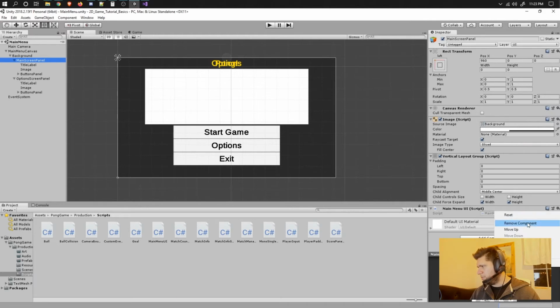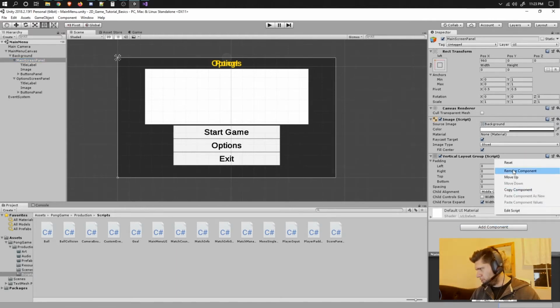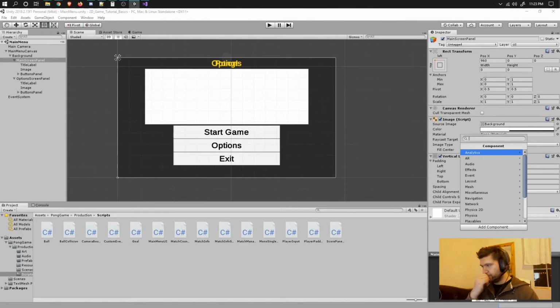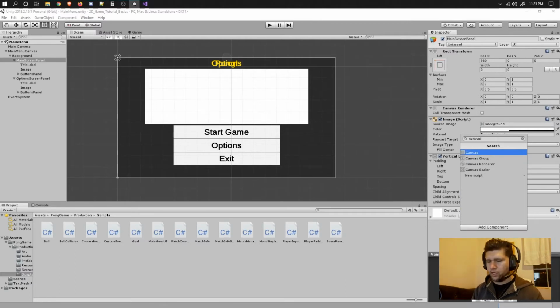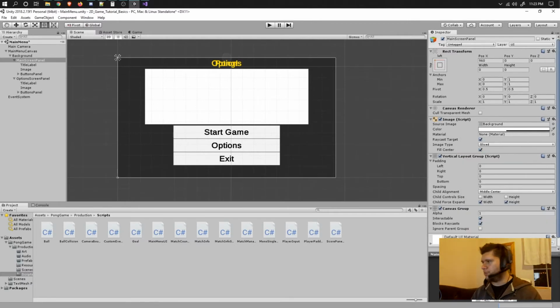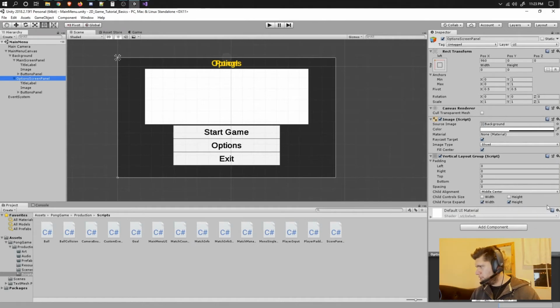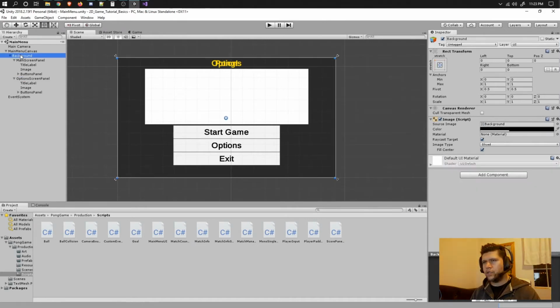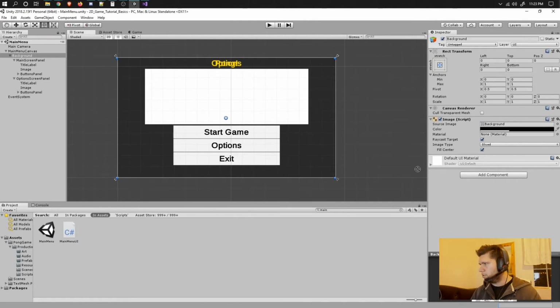Actually, this main menu is not gonna go there, but we are going to be adding a new component to each and one of these, and it is called a canvas group. We're going to copy this canvas group and paste it here, and we're going to put actually the main menu script in here,